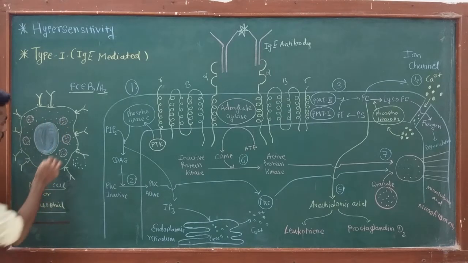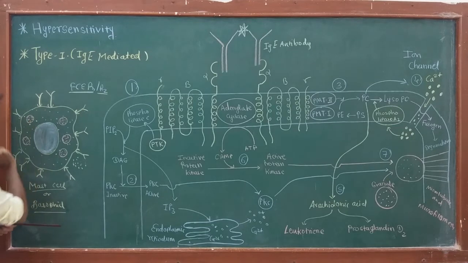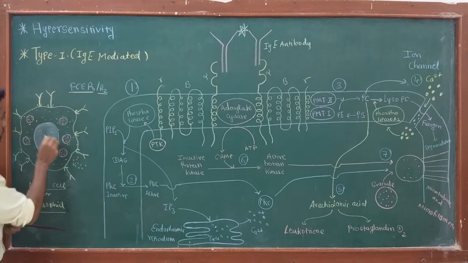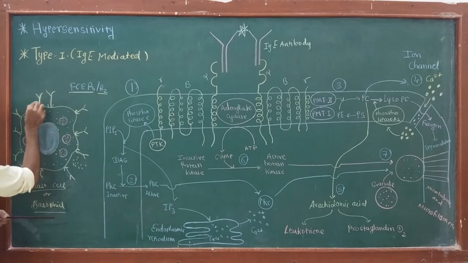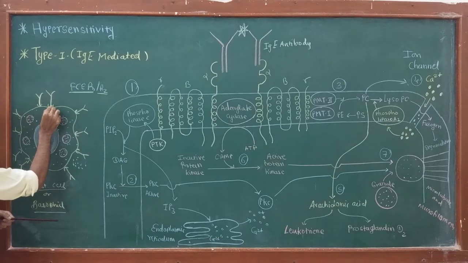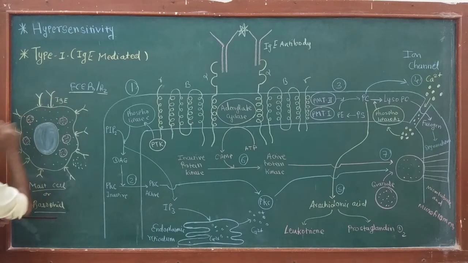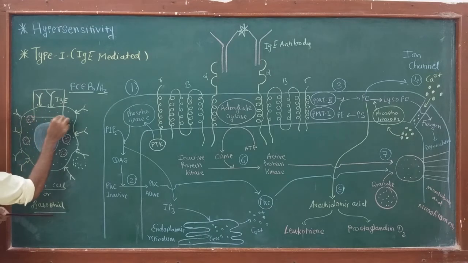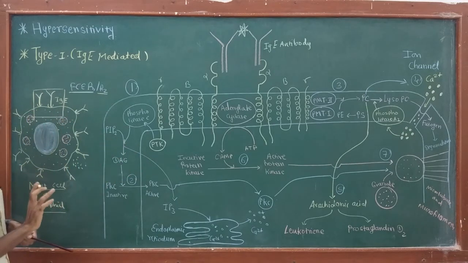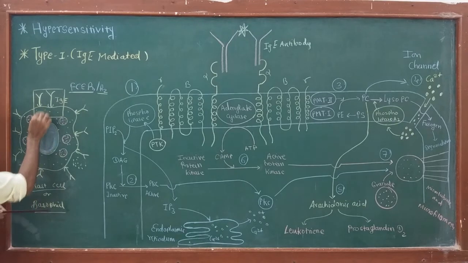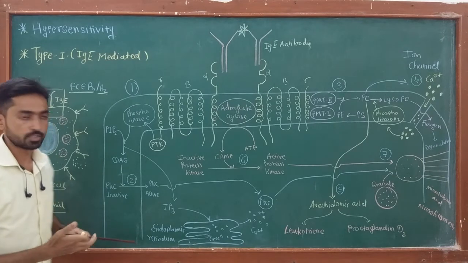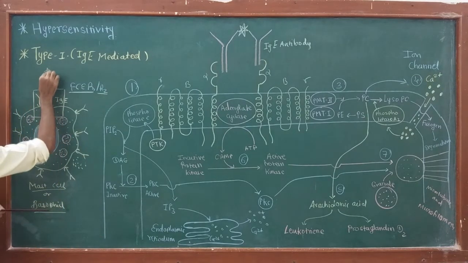That means for the type 1 hypersensitivity reaction to occur, degranulation of these granules is necessary. And in this lecture I am going to focus on the actual pathway that occurs inside the mast cell that leads to degranulation. The mast cell has the Fc epsilon R1 receptor, and the receptor has IgE type of antibody. Now I am going to enlarge this portion here. I am going to show how exactly the signal transduction occurs in the mast cell that finally leads to degranulation.